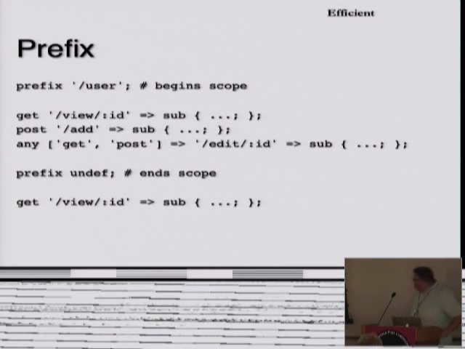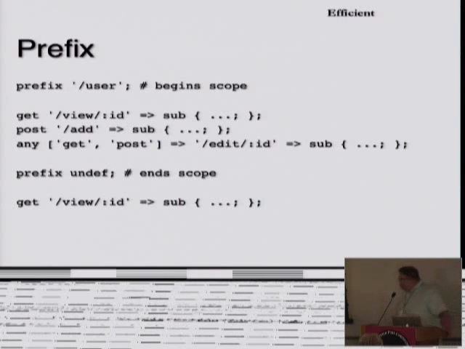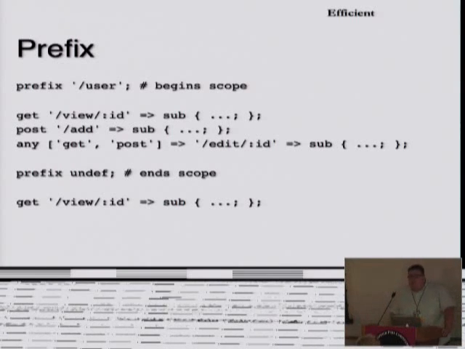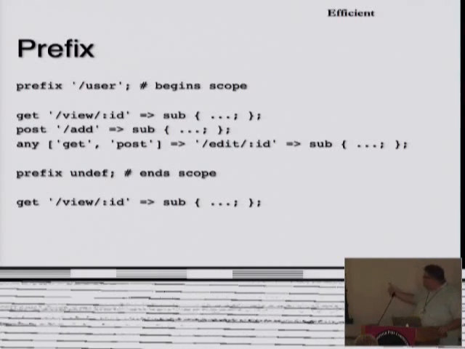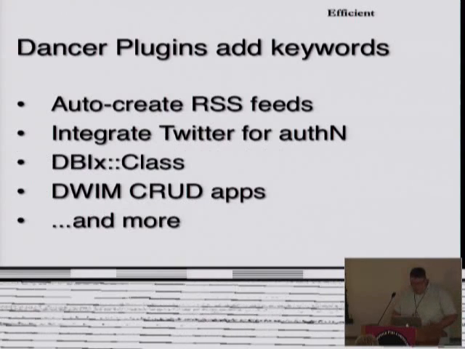And then you can define exactly the same name here at the bottom, UID, which is actually the root. So up here, it's under /user, and here it's at the root. And that can save you a lot of typing as well, especially if you have a long root. Or another thing that's really useful for is if you want to sort of isolate all of your route handlers into discrete modules. So if you wanted to put all of your user handlers into a user.pm, you could easily do that using the prefix keyword.